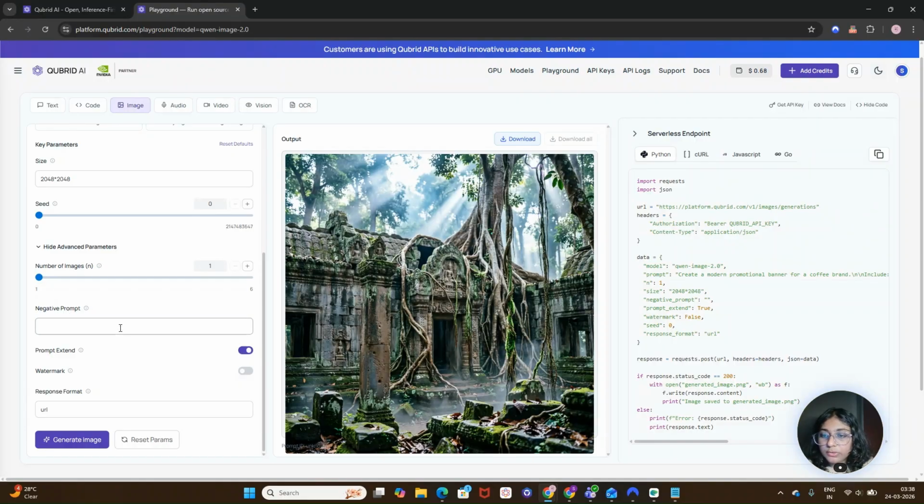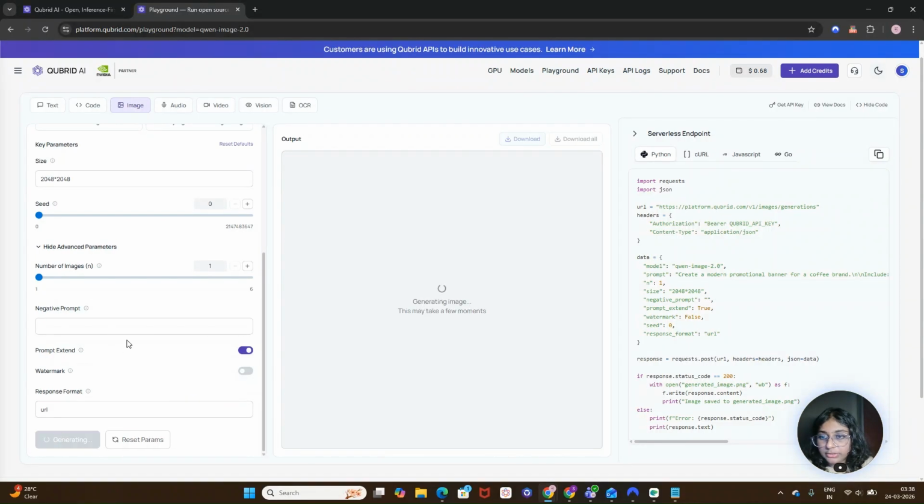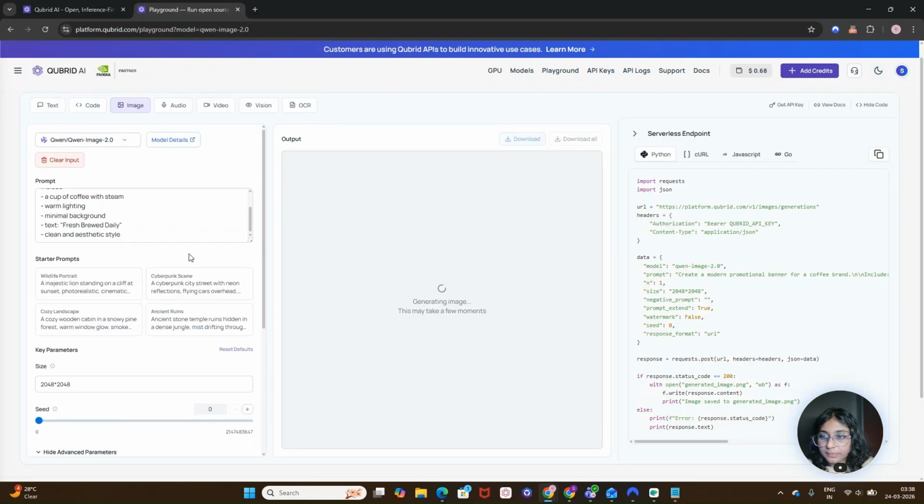The negative prompt will act as something which you don't want in the image. Then we have prompt extend, then we have watermark, and then we have response format, that is URL or base64 format. So you can tweak these advanced parameters as well according to your requirements. For now, let's click on generate image. Let's see how it generates.